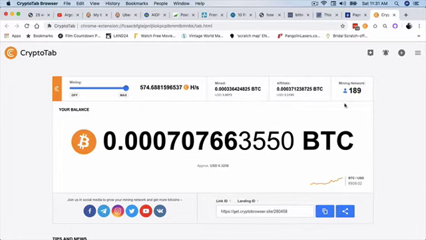I have 189 affiliates right now, and they have generated me $3.3, which is a little bit more than how much I've generated. So you don't have to have affiliates if you don't want, but if you would like to get even more Bitcoin for free, I would suggest that you get affiliates. And the way you do that is down here you will see a link. You take your link, so don't copy mine, because otherwise I will get your affiliates.